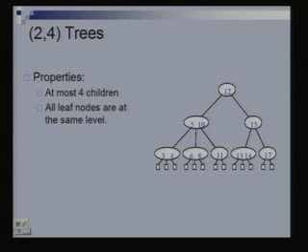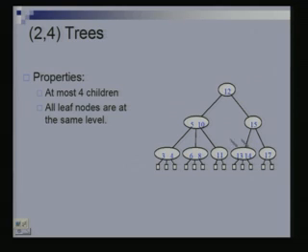The second important property is that all the leaf nodes are at the same level. The leaf nodes here are these, just forget these square boxes for now. They are all at the same level, suppose we are numbering levels 0, 1, 2 again. So, they are at level 2. These are the only two properties of a 2-4 tree. Of course, it is a multi-way search tree, so a 2-4 tree is a multi-way search tree with these two additional properties.